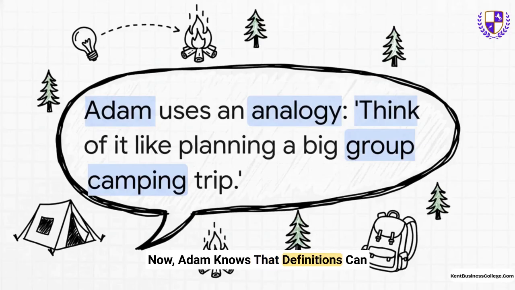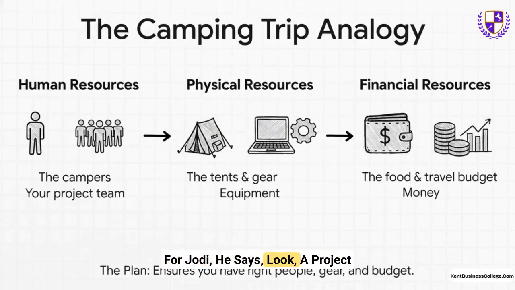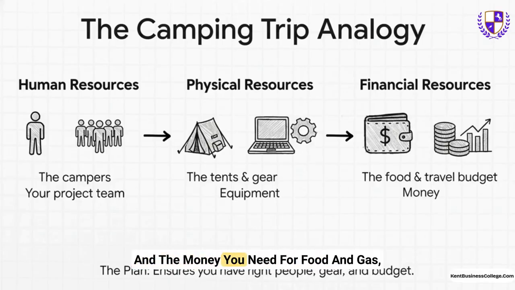Now, Adam knows that definitions can be, let's be honest, a little dry. So to make this whole concept really stick, he uses a simple analogy that just makes everything click into place for Jody. He says, look, a project is just like a big camping trip. The campers, those are your human resources, your project team. The tents, the sleeping bags, all the gear, that's your physical resources, your equipment, your software. And the money you need for food and gas, that's your financial resources. The resource plan is the thing that makes sure you don't end up in the woods without a tent, a